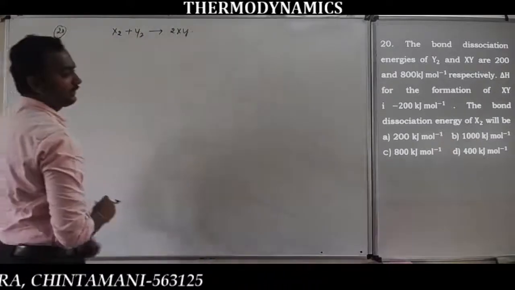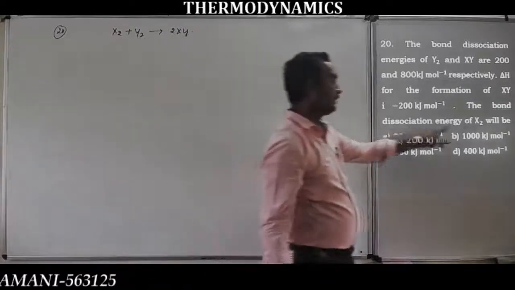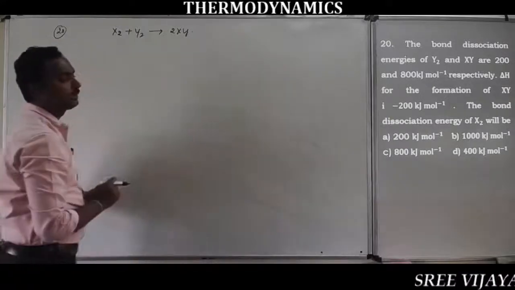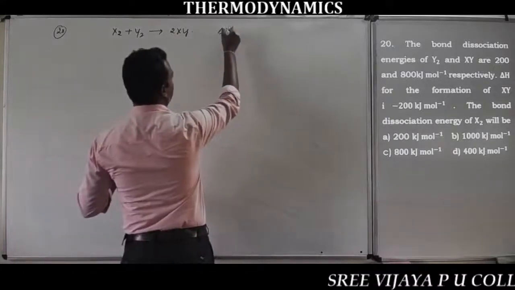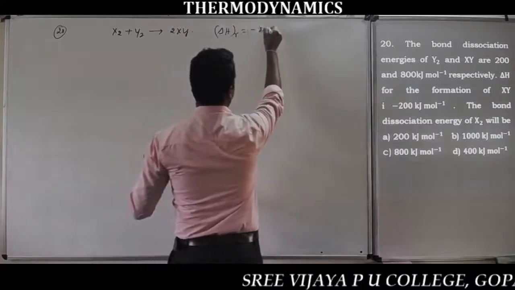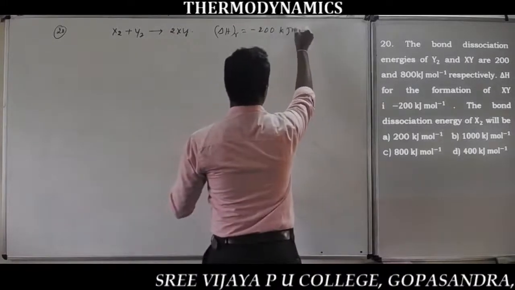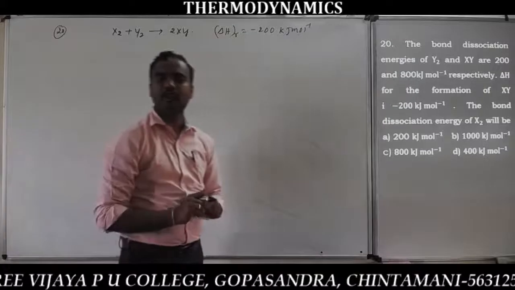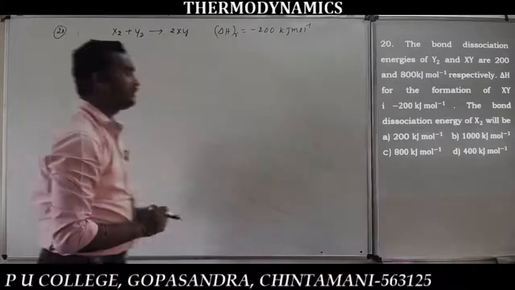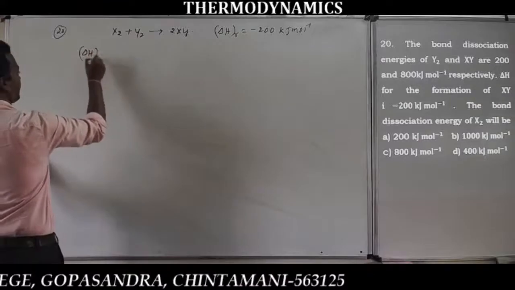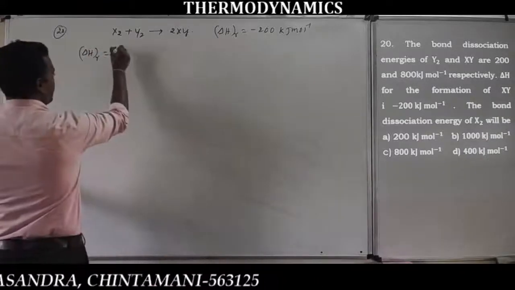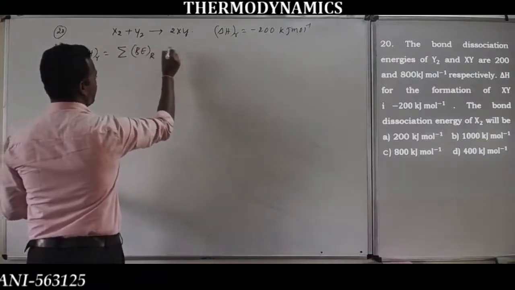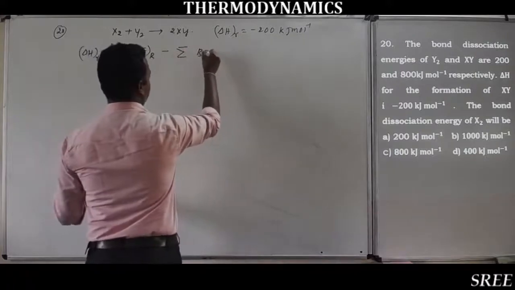So ಈಗ ನಾವೇನು ಕಂಡುಹಿಡಿಯಬೇಕಾಗಿರೋದು, bond dissociation energy of X2 ಕಂಡುಹಿಡಿಯಬೇಕು. And also for the formation of XY formation ಗೆ ಅವನು ಏನು ಕೊಟ್ಟಿದ್ದಾನೆ, ಎಂಥಾಲ್ಪಿ ಕೊಟ್ಟಿದ್ದಾನೆ, that is enthalpy of reaction is equal to -200 kilojoule per mole already ಕೊಟ್ಟಿದ್ದಾನೆ. So what is the relationship between delta H of reaction, enthalpy change of reaction, and bond enthalpy? So that is delta H reaction. So already previous class ಹೇಳಿದ್ದೀನಿ ಅದನ್ನ, that is summation of bond enthalpy of reactants minus summation of bond enthalpy of